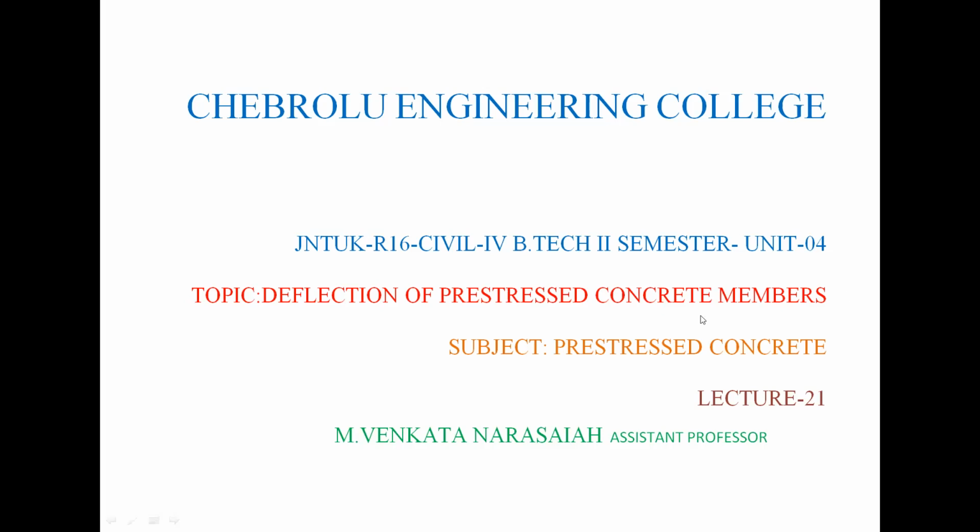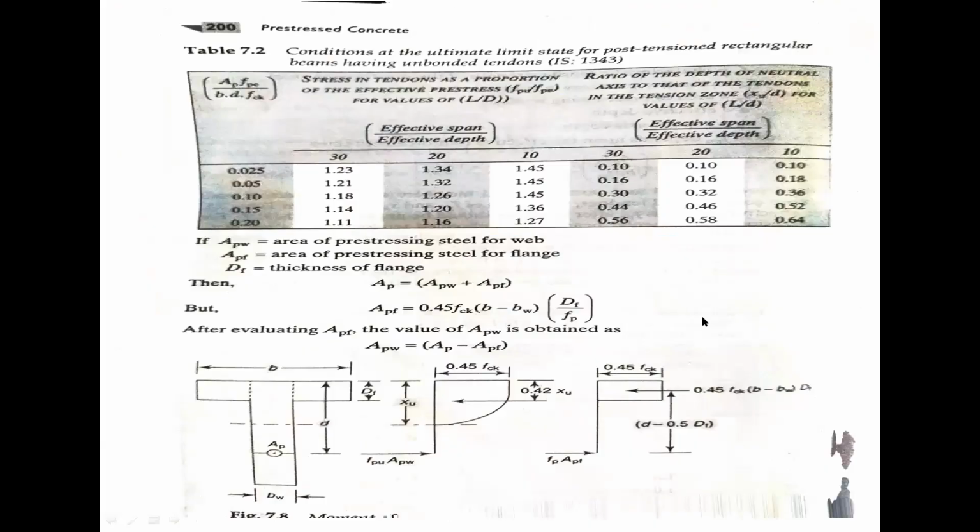Now go to the next slide. I will explain example problems for deflection with different tendon profiles. I already explained the derivation of the equations for different types of tendon profiles on deflection. First, the straight tendon: the deflection formula is A equal to minus PeL square by 8EI. Then trapezoidal tendons, parabolic tendons with central anchors, and parabolic tendons with eccentric anchors.